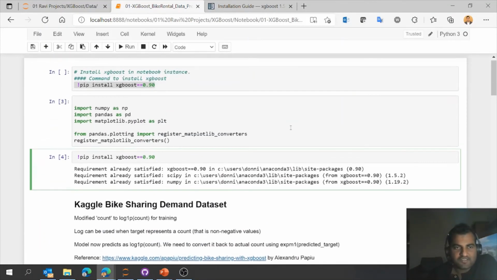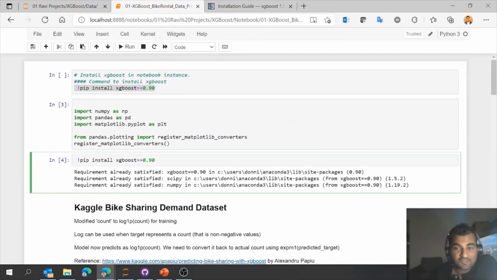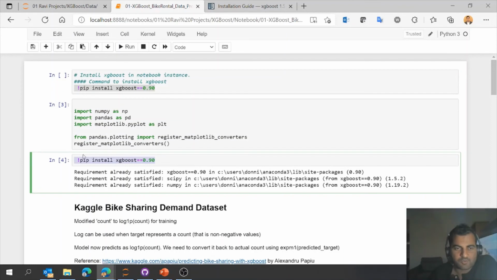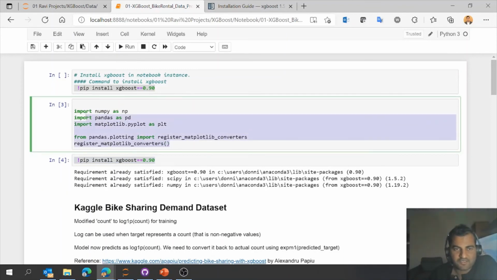So I will check whether it is installed. Yeah, so you can see here XGBoost. About the earlier error, I wanted to mention that if you directly install, there was no NumPy or pandas, and the packages were not imported, hence it was giving the error. But now no problem. First we imported the related basic packages, then we installed XGBoost.